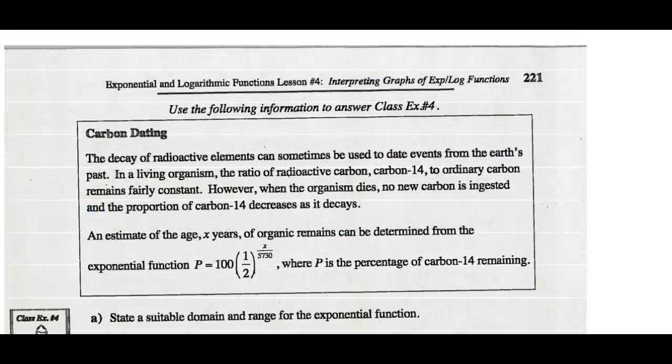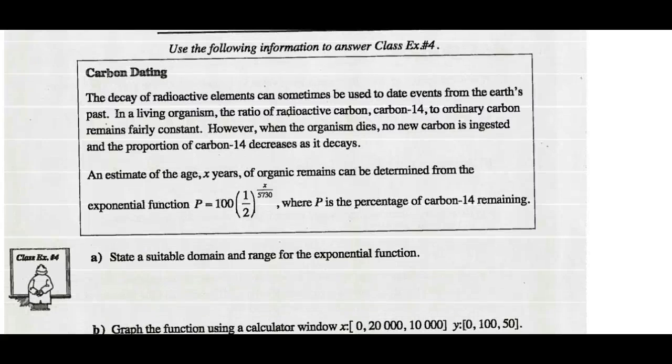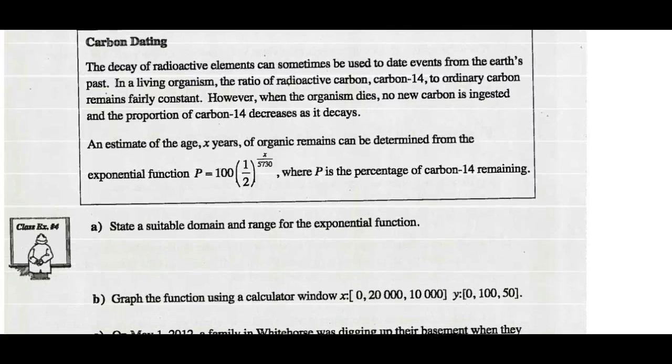Example 4 talks about carbon dating. The decay of radioactive elements can sometimes be used to date events from the Earth's past. In a living organism, the ratio of radioactive carbon, which is carbon-14, compared to ordinary carbon remains fairly constant. However, when the organism dies, no new carbon is ingested, and the proportion of carbon-14 decreases as it decays. An estimate of the age, X years,